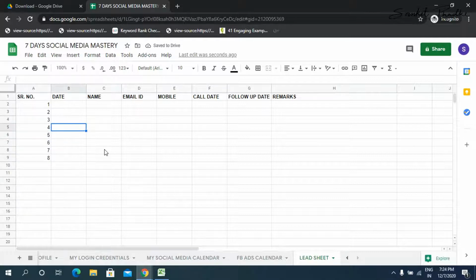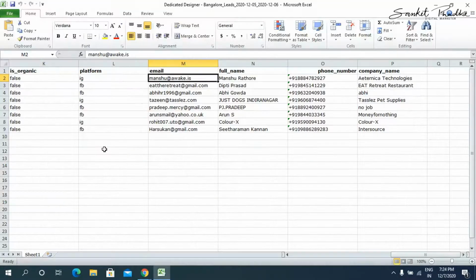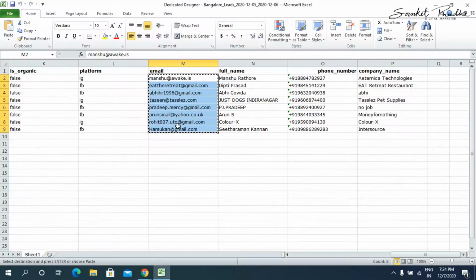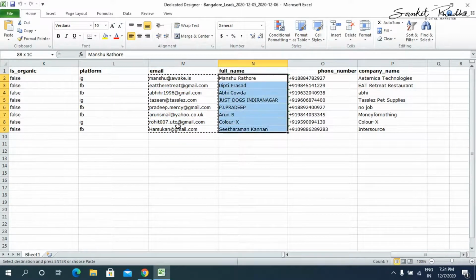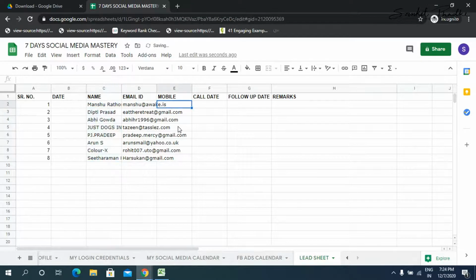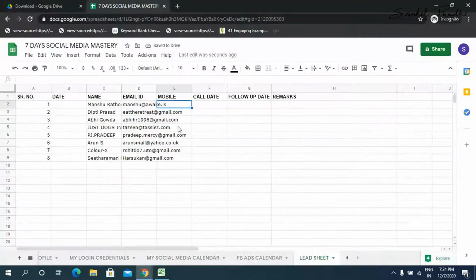Then go back to your lead sheet, the one which we downloaded, and copy paste the email IDs first under the email ID column. Then copy paste the full name under the names column. Then copy paste the phone numbers.